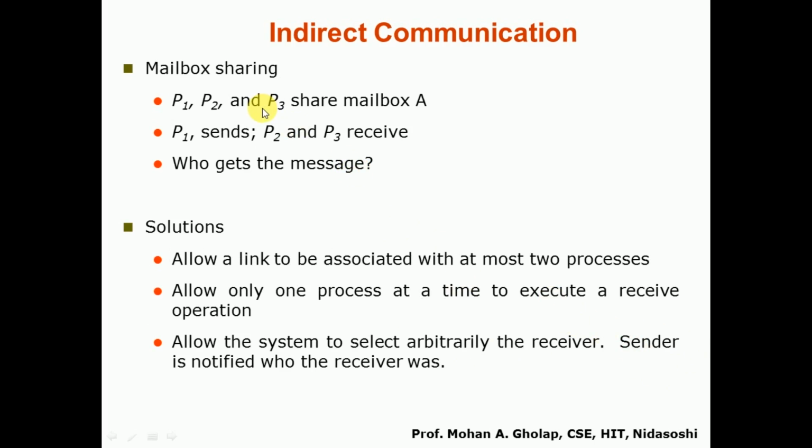Here let us have some more discussion on mailbox sharing. Let us consider we have three processes P1, P2 and P3 that are sharing the common mailbox A. Out of these three processes, if P1 sends a message to mailbox A, and let us consider both P2 and P3 have executed receive with mailbox A, then obviously both P2 and P3 could receive the message from P1, but P1 has sent a message to only one process, either P2 or P3. So who will get the message here? The possibility is both will get the message, but this is not recommended because sometimes a confidential message will be there, so it should not be leaked to the other process.